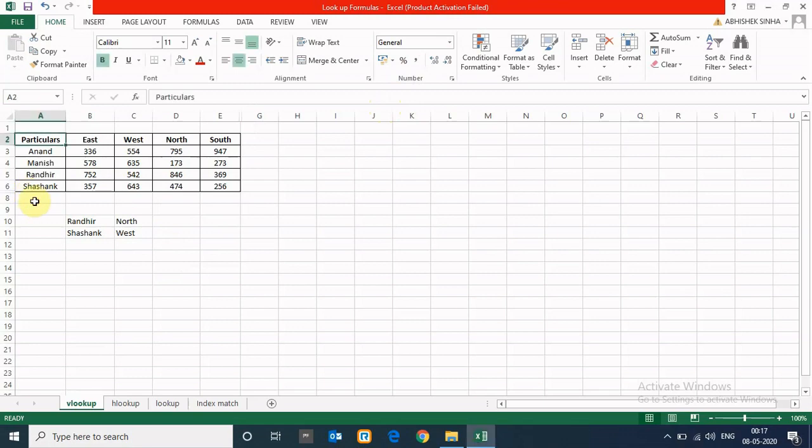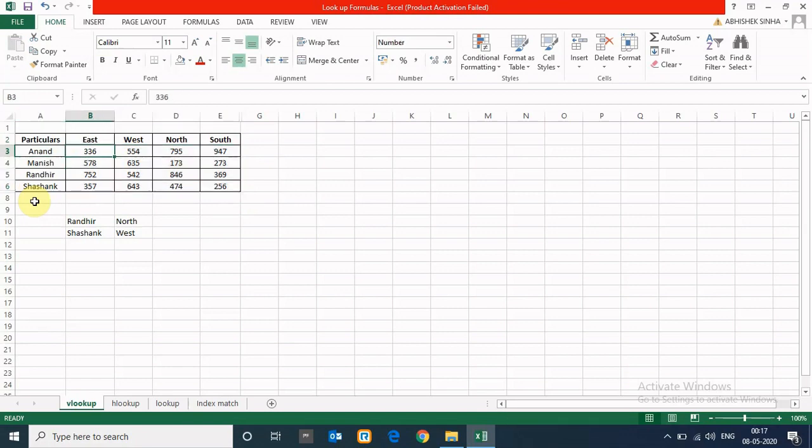To understand the VLOOKUP function, let me first discuss this illustration that I have taken. Here in column A, I have taken some names: Anand, Manish, Ranjit, Shashank, and in row number 2, I have taken some directions like east, west, north, south. The data inside in numbers represent the sale value.